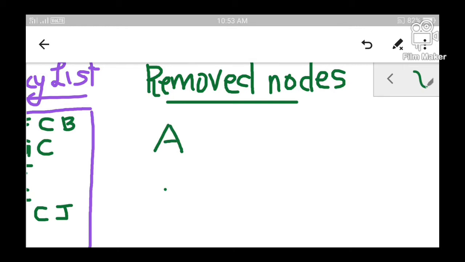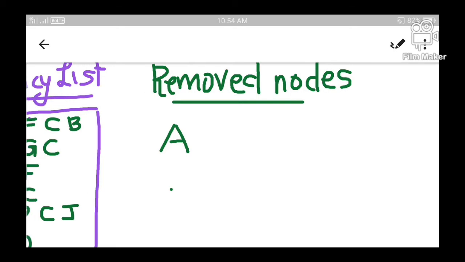Step number 3. Whenever a node is removed from the queue, all its adjacent nodes have to be inserted into the queue. I repeat. Whenever a node is removed from the queue, all its adjacent nodes have to be inserted into the queue.